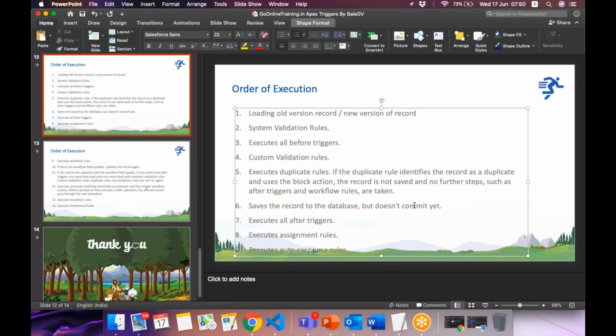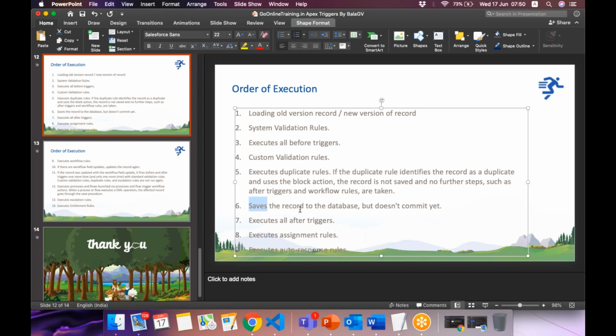What Salesforce is doing, whenever someone enters data, after few steps, after 4 steps, they are saving the record, but it's not completely saved. It's just held in the database. It's not committed, but it's inserted in the key. It won't be updated, but it's inserted in the key, right? So ID will be generated, and all the reference fields will get IDs.